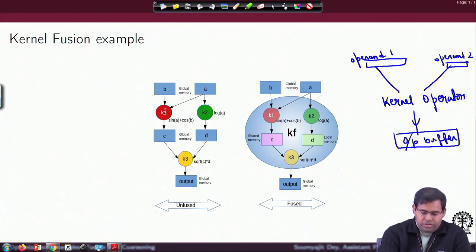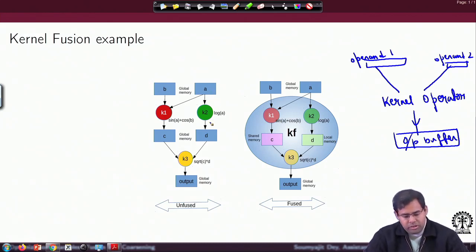So, I have this K1 which follows this kind of structure, and then similarly I have K2 which is working on A and providing as output a buffer D containing the sequence of log A values, for all the components of A. In that way, in the global memory, once K1 and K2 have executed, we will have two output buffers C and D filled with the outputs of K1 and K2.